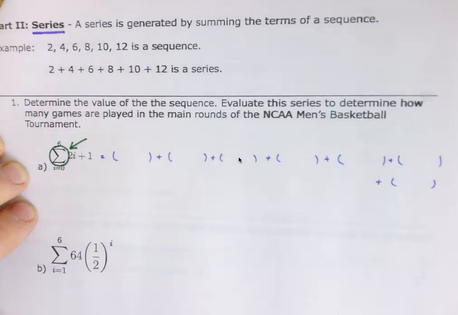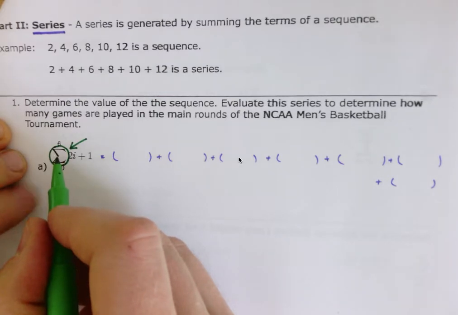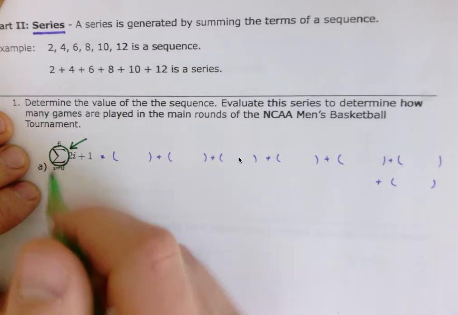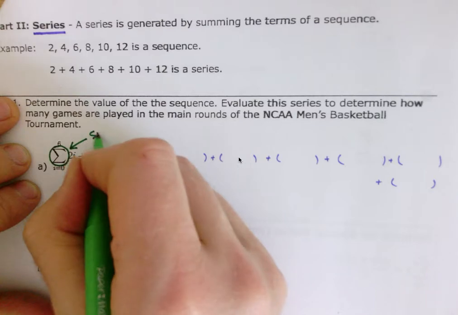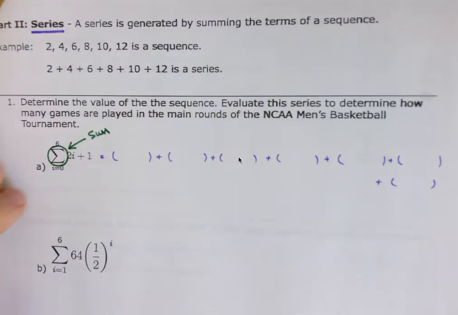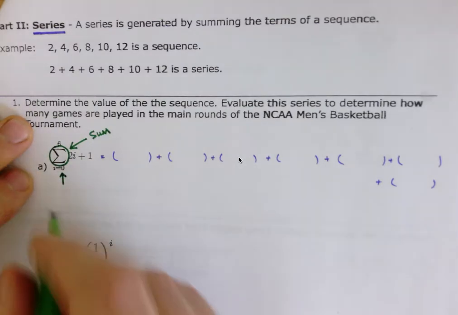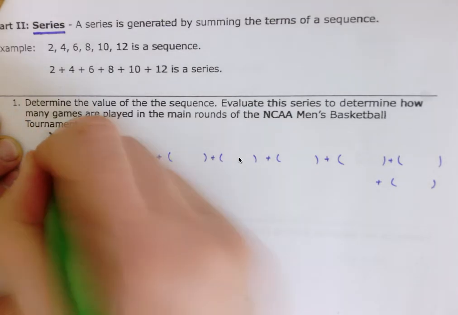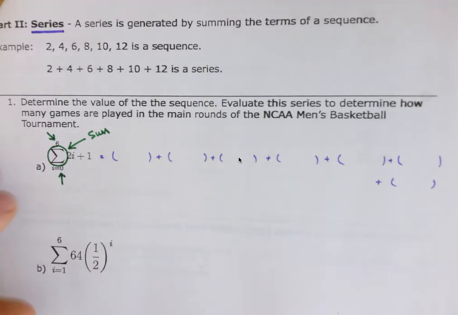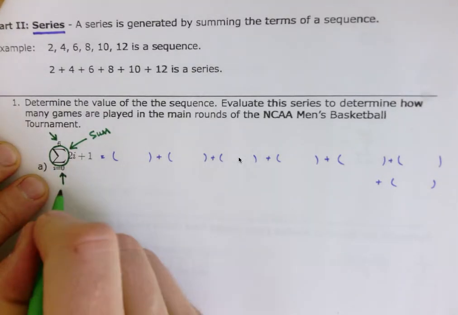We describe a series using this Greek symbol right here, which is the Greek capital letter sigma, which in mathematics means the sum, or add it up. Anytime you see a sigma, there will be a number below and a number above. Those are called the indexes. The starting index